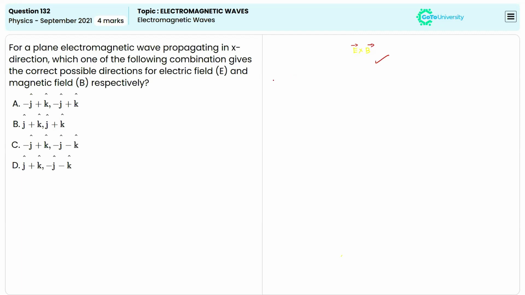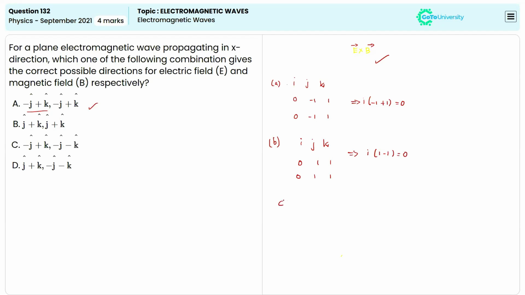If we take option A as i, j, k, here we have minus j plus k. So here we can write 0, minus 1, 1. And for the second one, we can write 0, minus 1 and plus 1. When we are doing the cross product, it's i times minus 1 plus 1, which will be equal to 0. Simply we can do B also. So again i, j, k, the cross product. Here it's 0, 1, 1 and the y coordinate also 1, 1. When we do this, it will be i times 1 minus 1, which is 0.